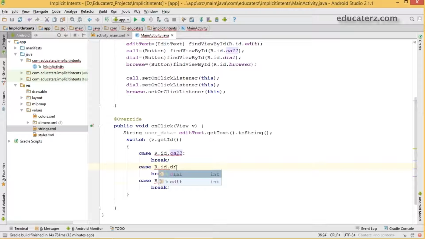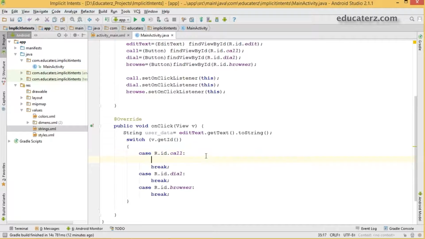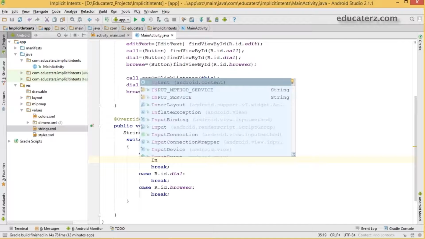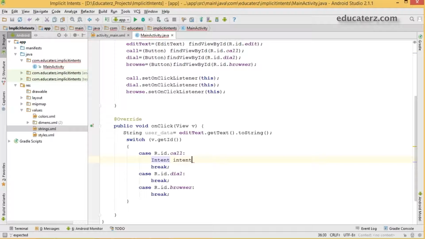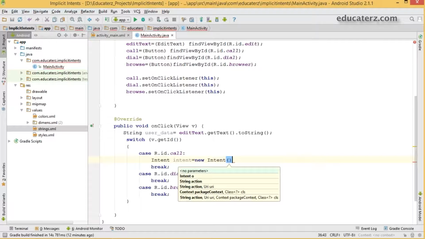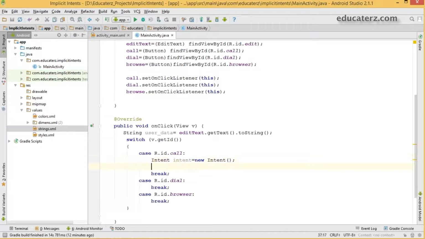So when I dial, what should I do, and when I browse, what should I do? Save this. I'm going to click, so with an intent, I'll create an intent. We already discussed how to create an intent. So using new, I'm starting an intent. Here directly you can make it an empty constructor and then pass using set action. I'll show the two ways. For this first one, I'll do the regular way, and then I'll show the optimized code.